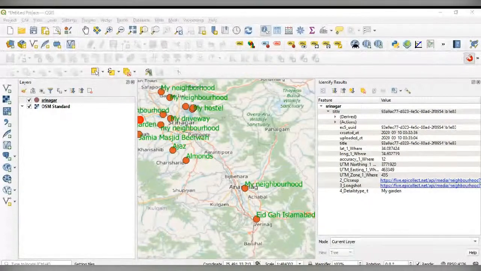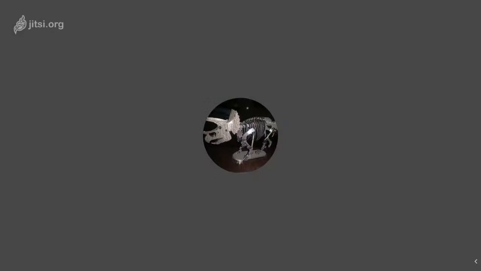Is it visible now? No, you have to share this desktop, not your window. You have to share the screen, then only it will be visible. No, I shared the screen. No, it's not visible. Anyway, it's not opening. I don't know.